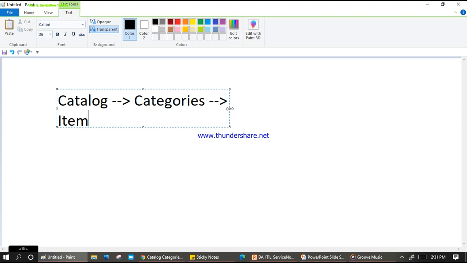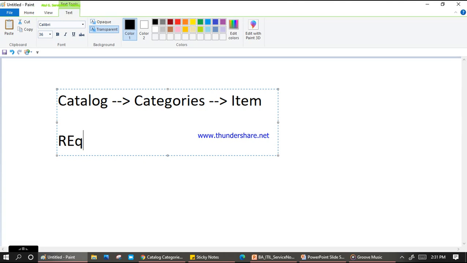So by this way is our design, from the development perspective I'm talking about. From the operation side it's REQ, RITM, SC task. So you can say your REQ is like your catalog, your category is like a RITM, and your item is like an SC task.